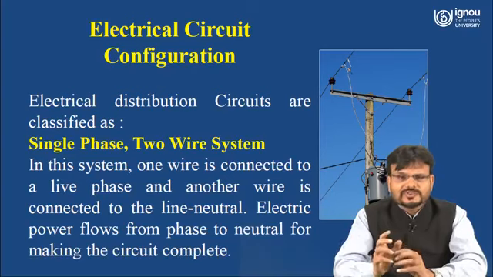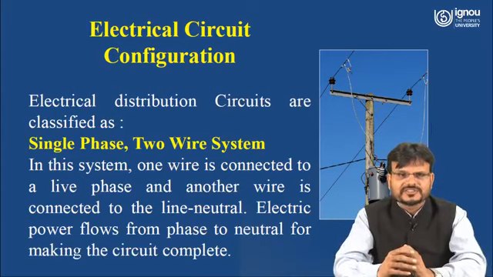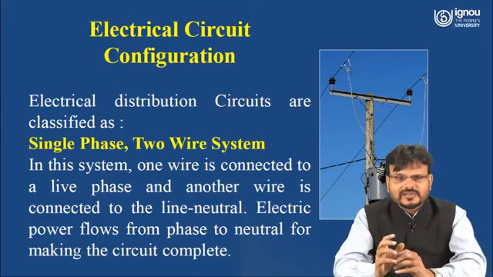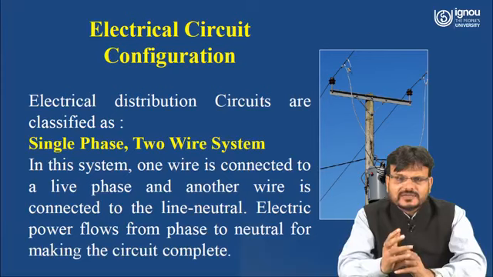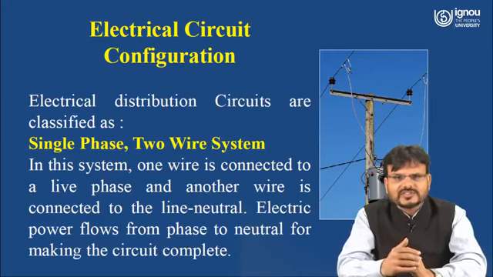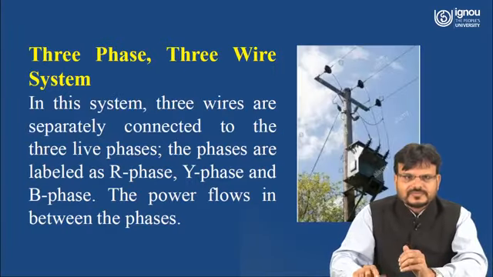Suppose you are using any appliances, like a refrigerator or a television, you put the plug in the socket, which has 2 pins. One is a phase pin, another is a neutral pin. If that is a 3-pin socket, there are 3 pins. One is a phase, another is a neutral, and the third one is a ground.